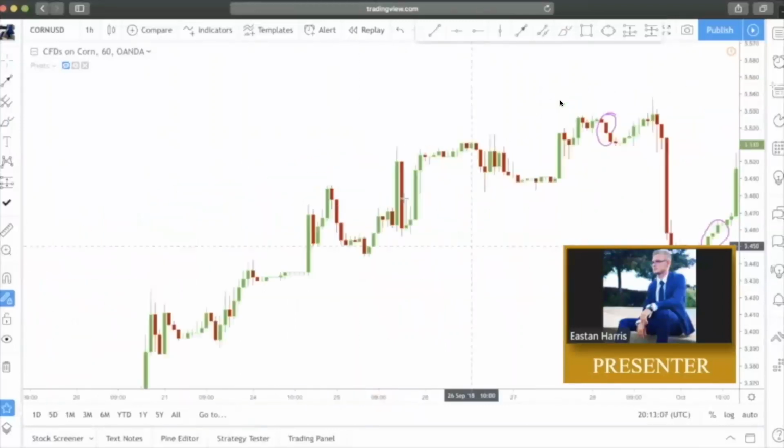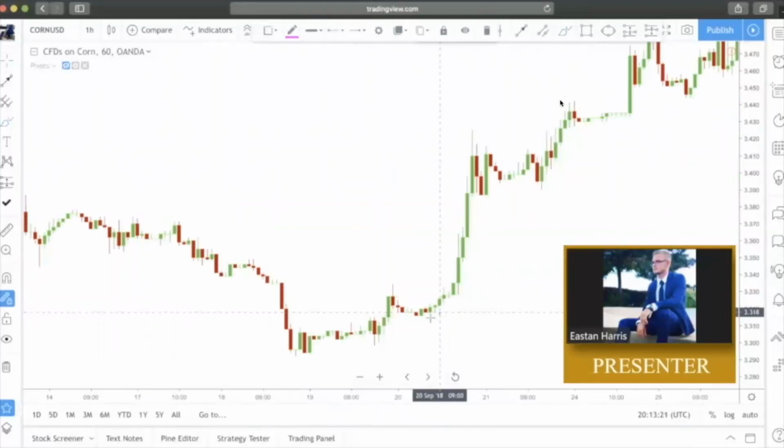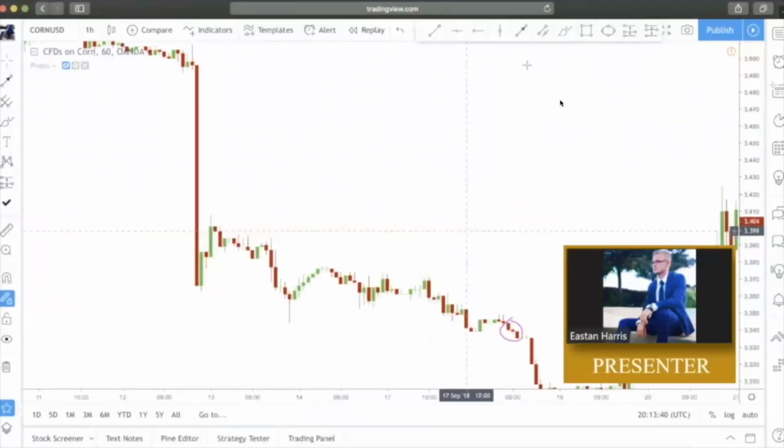Let's keep looking. Okay, again, we have our 3 white soldiers in this area. Price soars off to the upside. Likewise over here for our 3 black crows, price flies down as expected. Let's see. Now over here